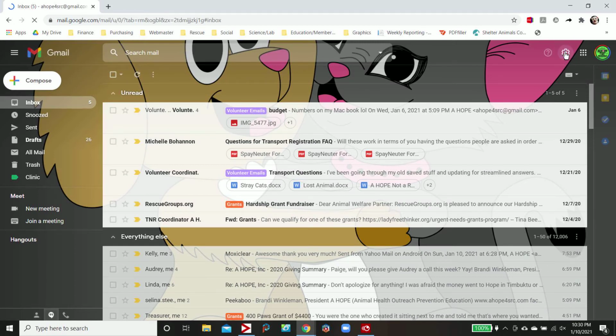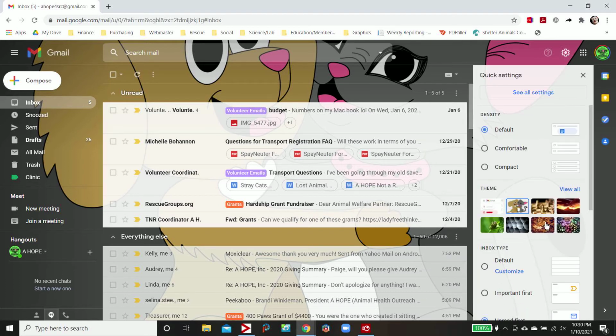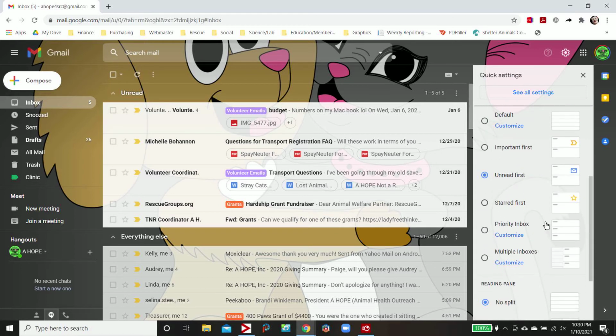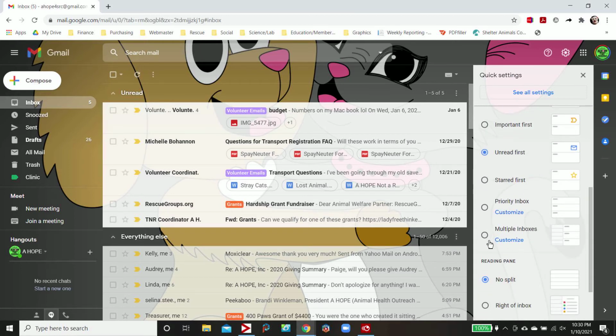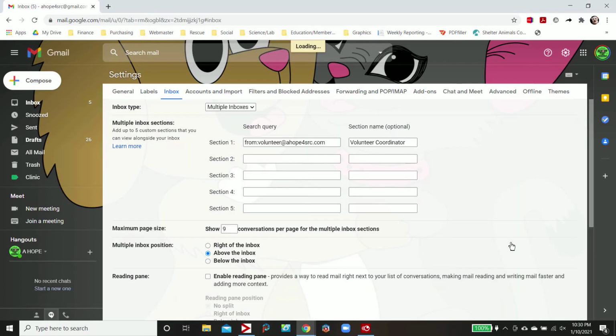Another thing you can do with the settings, clicking in the top right hand corner again on settings, is go down and there is something called multiple inboxes. And you're going to click on customize. Here is where we can customize exactly how we want our inbox to look. So under multiple inboxes, you can create sections. Say that you get a lot from the same person that we're talking about. You're just going to type in the word "from," and then type in the email address